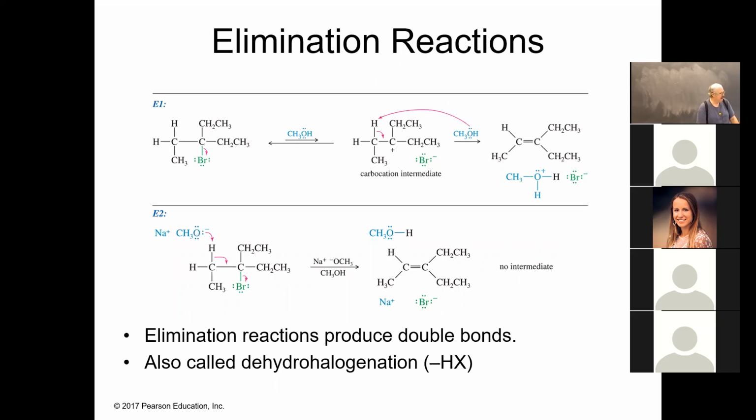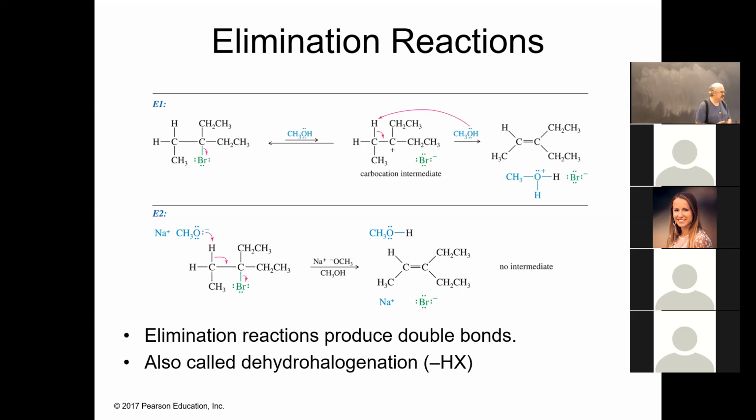All right, so here we have two types of dehydrohalogenation, and these are classified as E1 and E2. Notice that we don't use subscripts here, unlike the SN1 and SN2. So the first one is the E1,